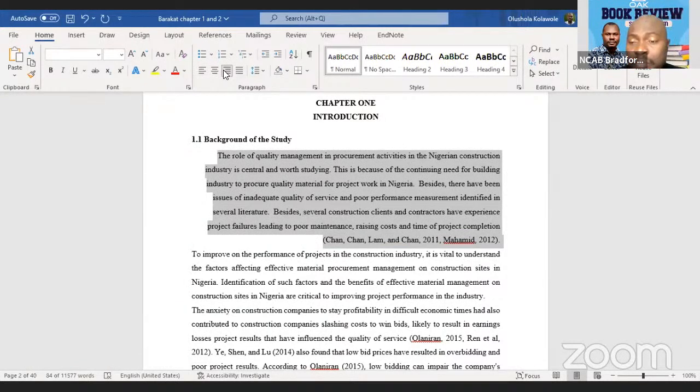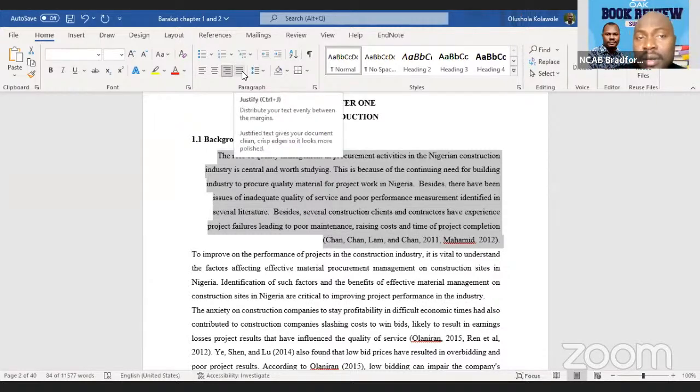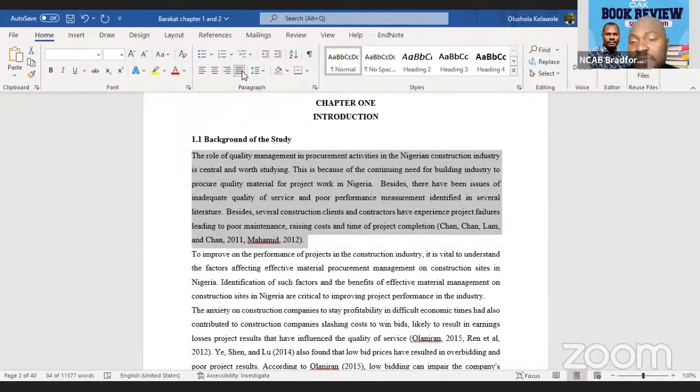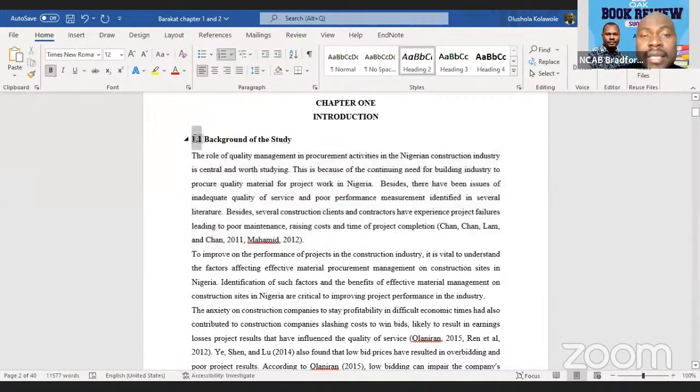So your structure is very, very important. You should use justification in a Word document, which is this. So your work is justified. Let all your assessments look like this, and have the numbering there. You can use headings, you can use all these things. Learn how to use some of these things. They are very important. They will help to structure your work, and your lecturer will be happy to mark your work without any problem. So I don't want to see failure this year, by the special grace of God. Let's try to do our best.